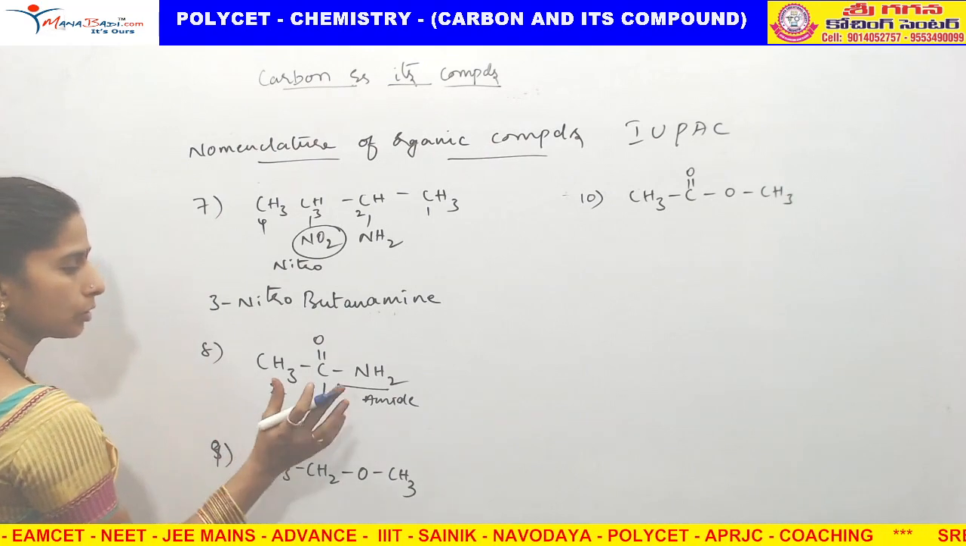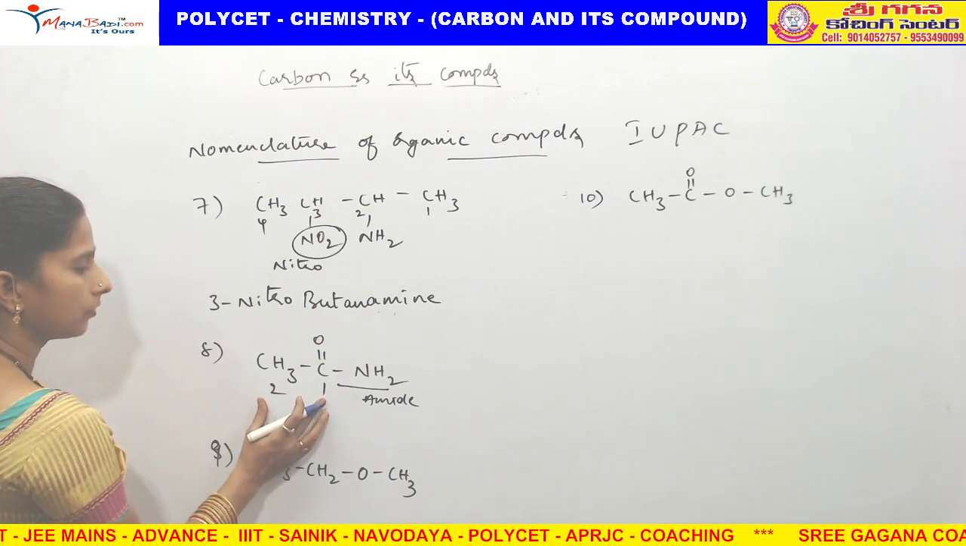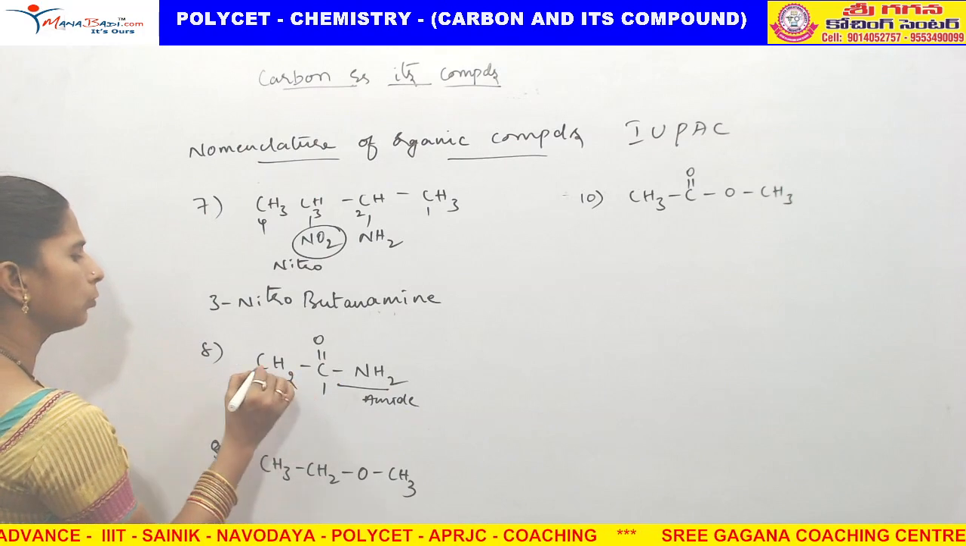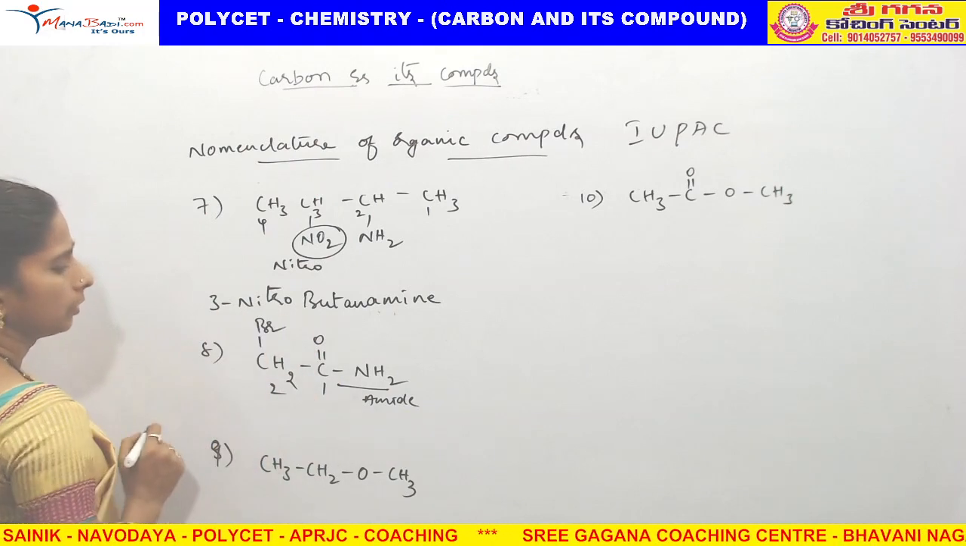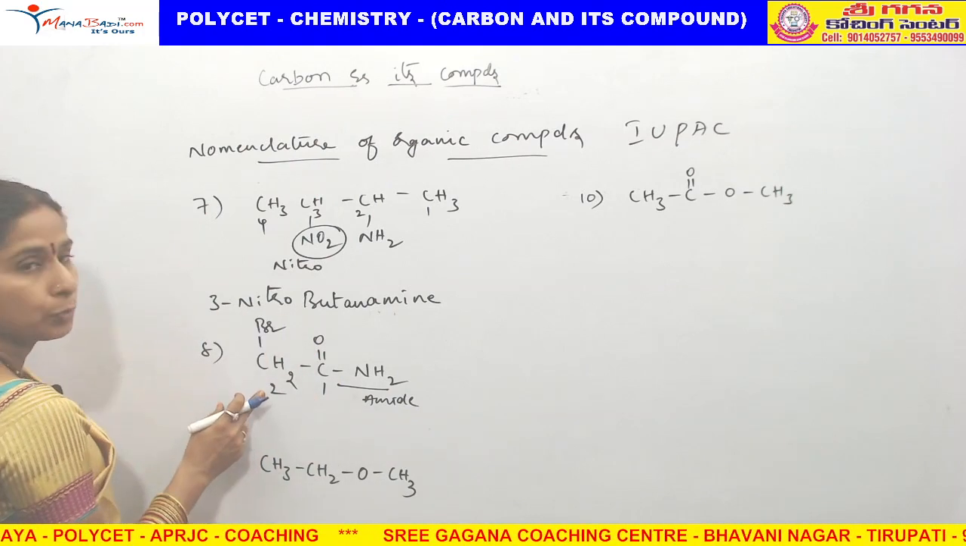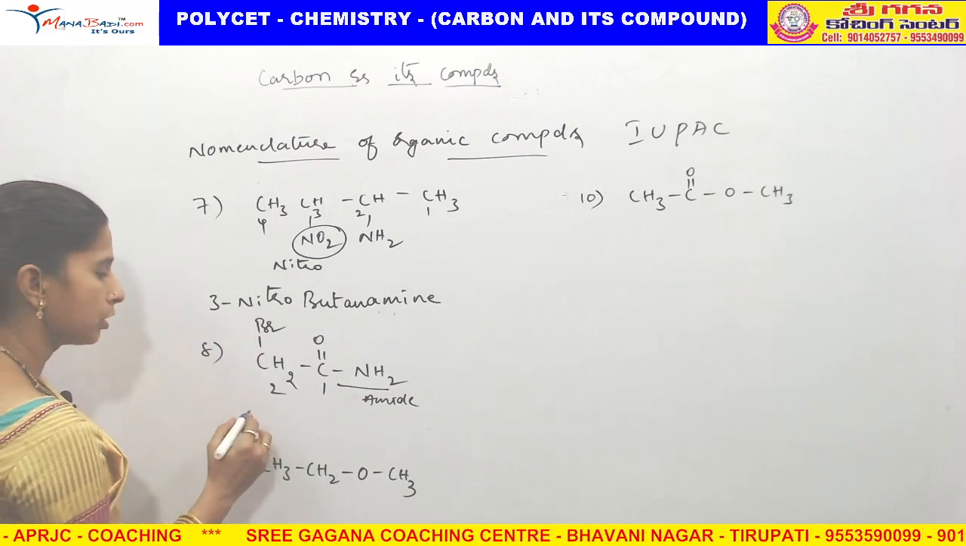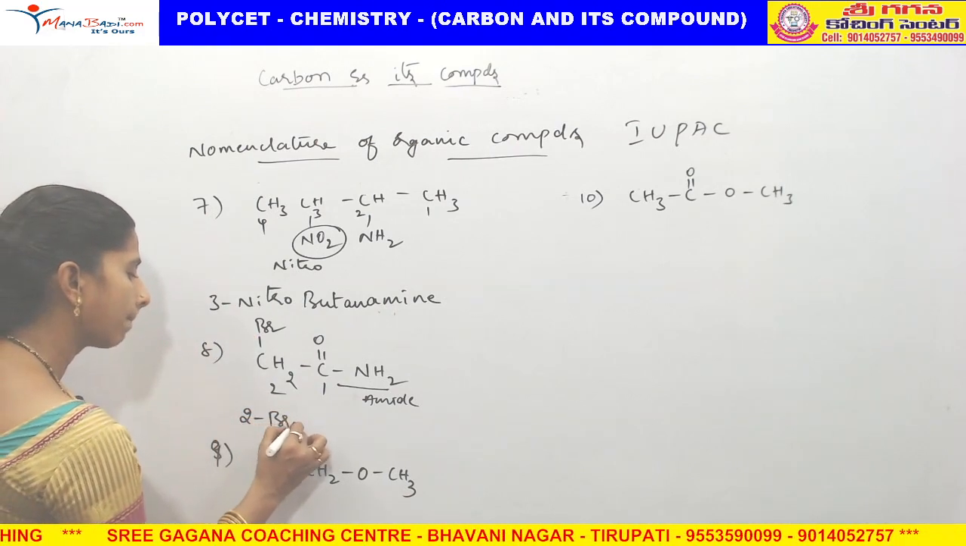2 carbons, no substituent, so 2 carbons are there. For our convenience, why don't we write one more substituent? Bromine. Now which position is the bromine in? Second position. So 2-bromo, 2